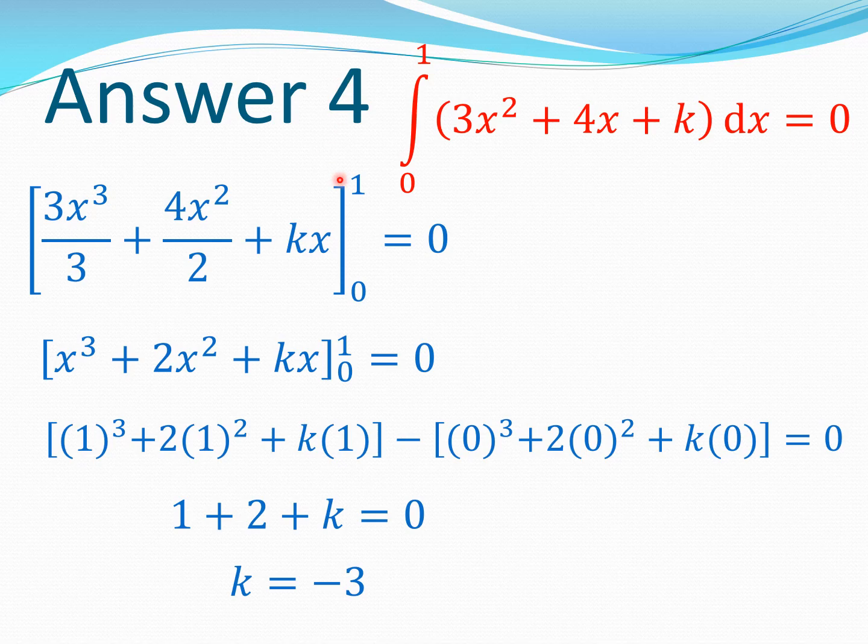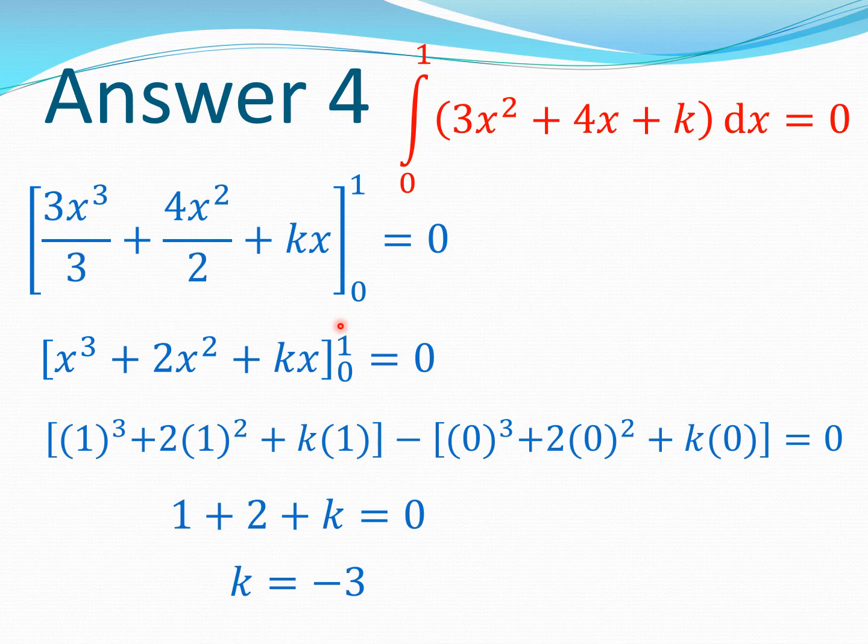So question number 4 essentially had this definite integral, and this definite integral was set to 0, and you are asked to find the value of k which makes this possible. Now this kind of problem often shows up in different physics problems and mathematical physics problems, and let's try to do it. So if you know about the concept of definite integration, you know that what you have to do